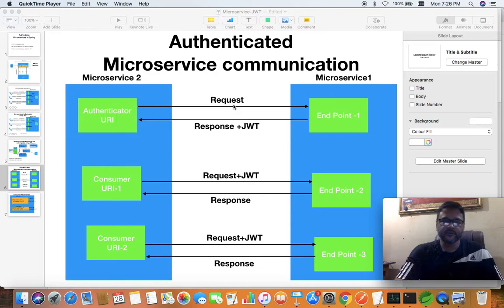In this video we are going to continue our discussion regarding microservice authorization and authentication. In the last few videos we discussed microservice creation, microservice authentication, and microservice authorization with the help of cookie and with the help of JWT.